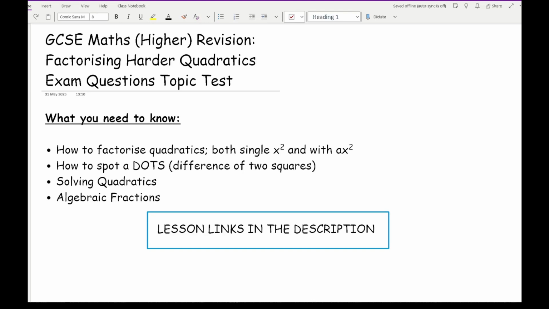You also need to know how to spot a difference of two squares, or a DOTS as I like to abbreviate it. That's really important when cancelling fractions out and factorising fully. You also need to know how to solve quadratics, because they tend to be more your B and C part questions, and they also link closely with algebraic fractions. So obviously you need to know how to factorise a quadratic expression so you can cancel terms down